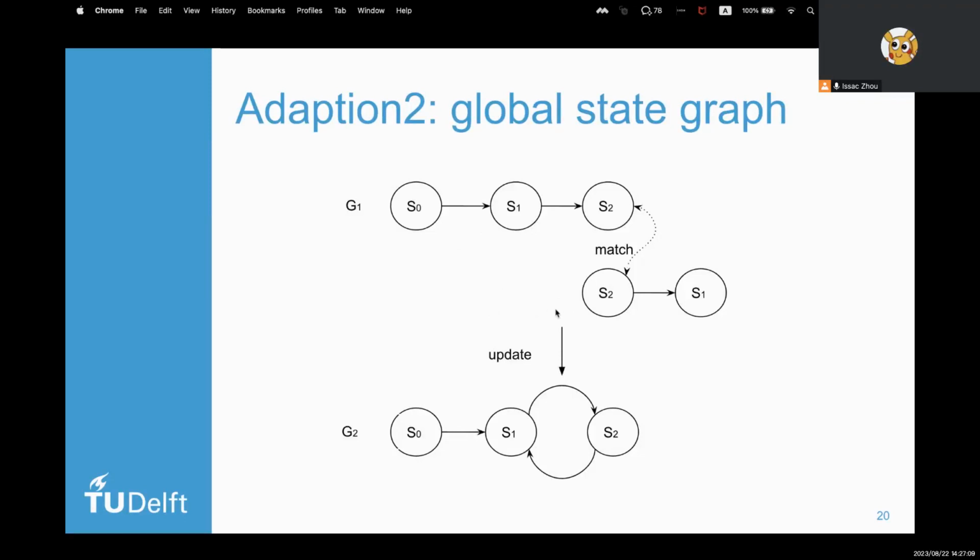For example, a transition graph G1 keeps S0 transitioning to S1 and S2. If we run an additional test case in which we observe that the system moves from S2 to S1, then we extend the graph by adding this edge from S2 to S1.